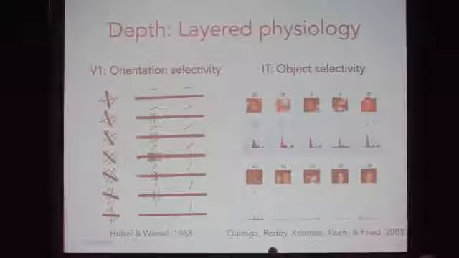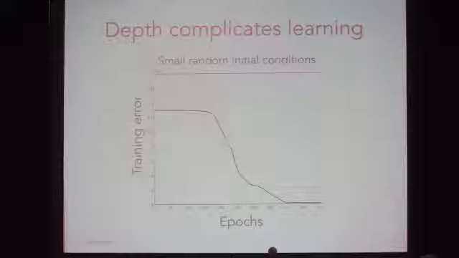There's also evidence for depth just from the physiology. If you record, we've heard about this several times at this point, if you record from different layers of the visual hierarchy, you see simple responses in the beginning layers, and you see complex responses in the final layers, and that's suggestive of this sort of staged computation. And computationally, it won't surprise people here to know that deep learning is difficult. So here I'm showing an artificial 5-layer network trained on a handwritten digit task, and you can see it stays not learning very well at all at the beginning before it sort of non-linearly bumps down to 0 error eventually.